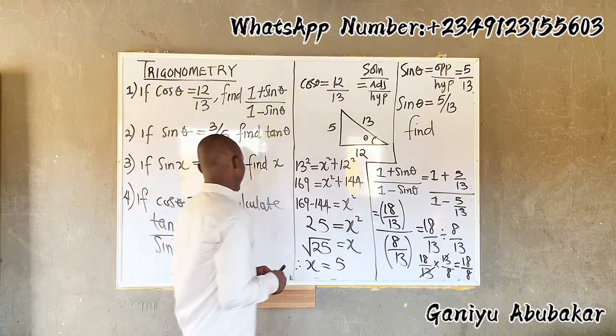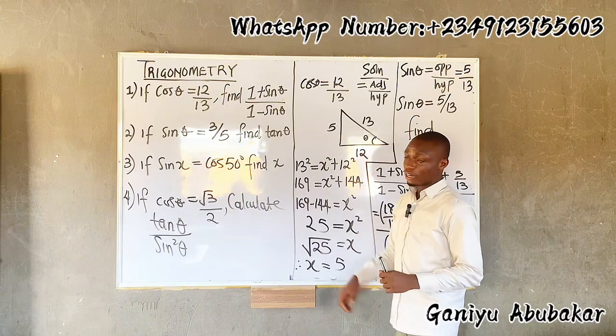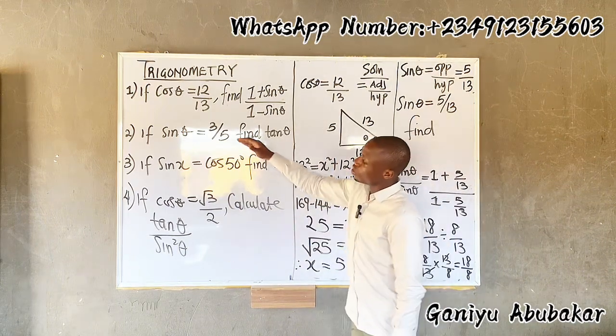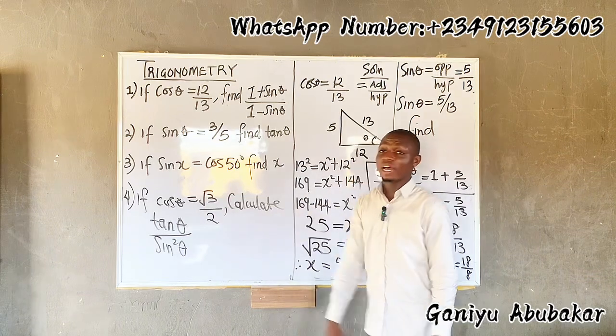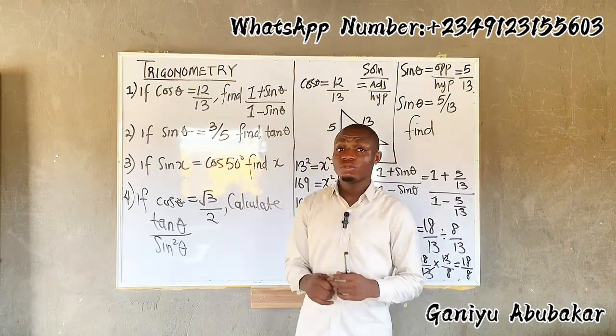So it means that you can try out number 4, please. So do 2, 3, 4 and leave your answer in the comment section, so I'll reply to you as fast as